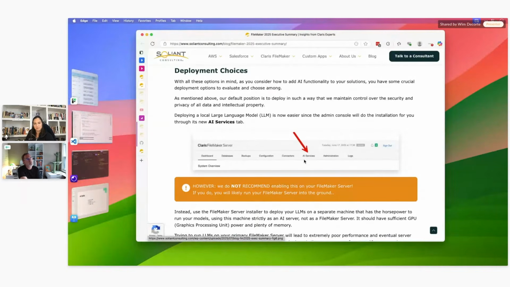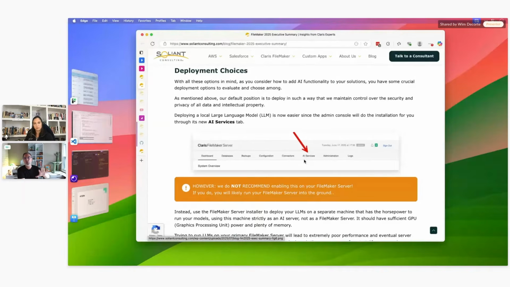If you've seen my community live webinar, and we can go into a lot of details, an AI model server requires vastly different resources than a FileMaker server. It needs GPUs, it needs a lot of video RAM. A typical FileMaker server doesn't have those. So if you enable this on your main FileMaker server, and certainly on your production FileMaker server, and you start downloading models, and some of these models are huge, some of these models are 10, 20, 30, 60 gigabytes worth of data that you download, and then all of that needs to go into memory. You don't want to do that on your main FileMaker server.